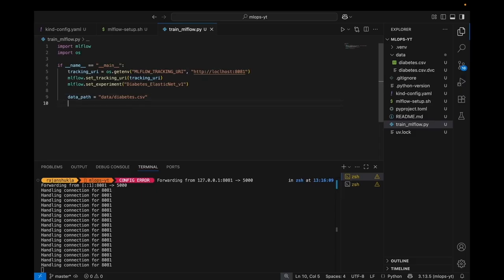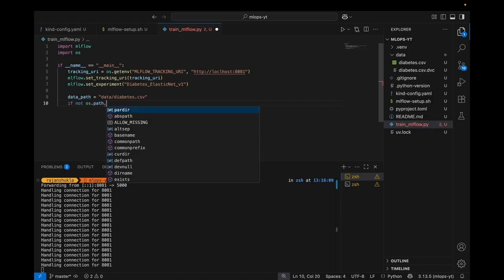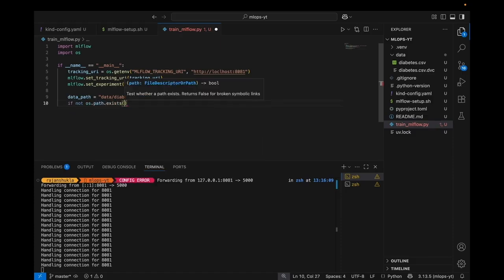So let's do one thing. If not os dot path dot exists, if this path does not exist, and then we can